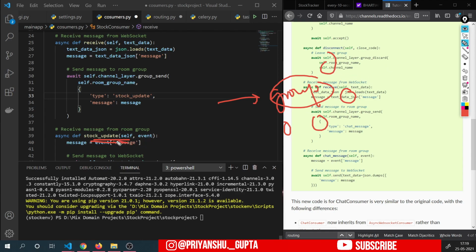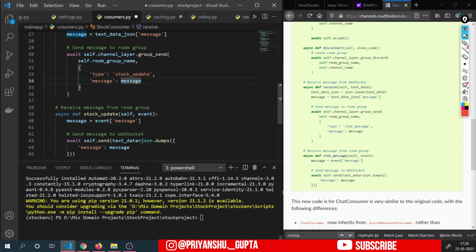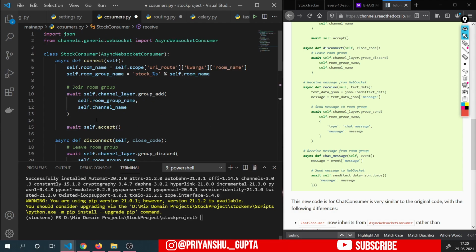And then we will call this stock update function from that object to send that data to the user. Okay, user 1, then from this it will send to user 2, user 3, and so on. So now here we will update the data here, and stock update, it's great.